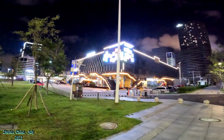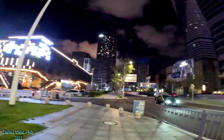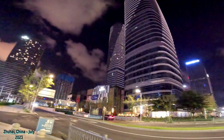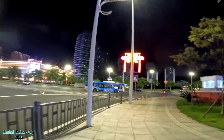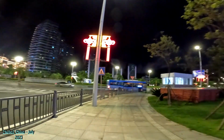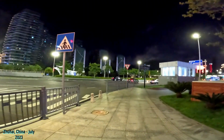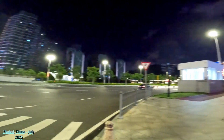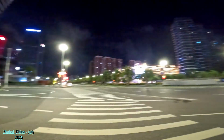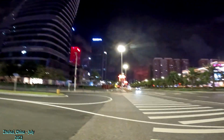Before I continue too far, that's the building we were just in. Over there's the Macau side. I wish those buildings were still on. Those were just lit up and they just turned them off. But I can kind of feel how grandiose this is going to be. That's not too uncommon here. I do see a lot of kind of strange driving. The car just kind of stopped in the middle of the road right there, so the bus was kind of blocked. But I think this city attracts a lot of people from all over China, so they come on over. Anyways,